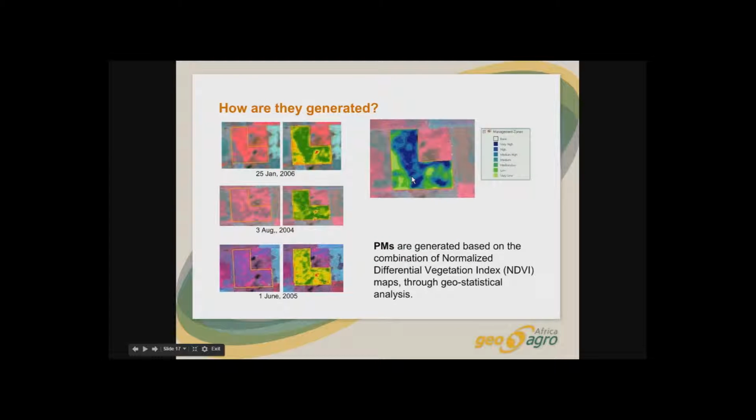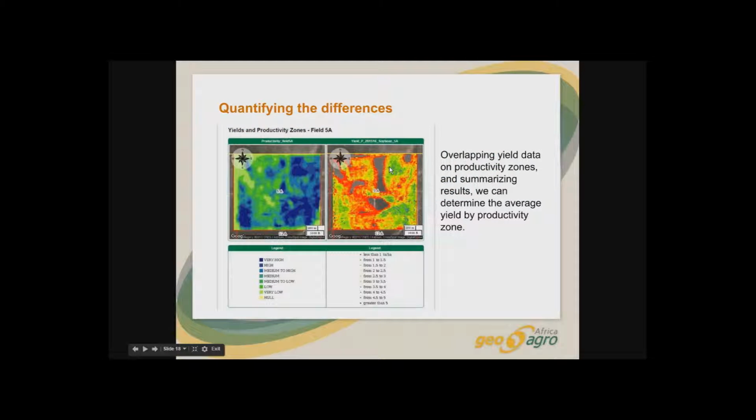We know that within that field, the area in blue had higher yields than the area in green. Now, if we have additional information, such as in these examples, where we have on the left the productivity map and on the right the yield map, we can, through data analysis, which is automated through GeoAgro's Farm 360 tool,